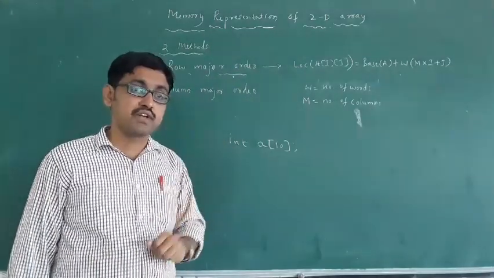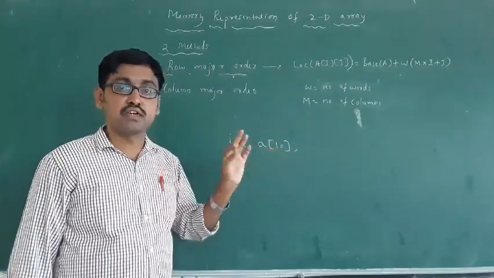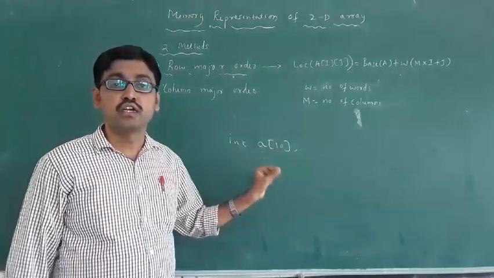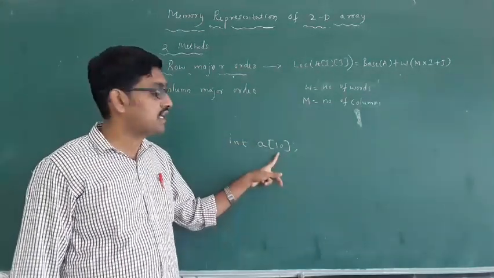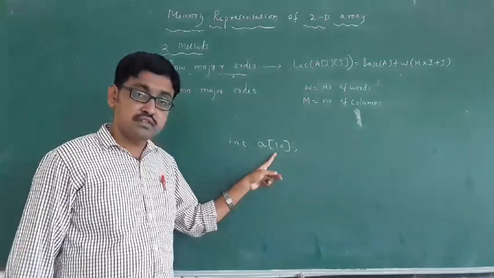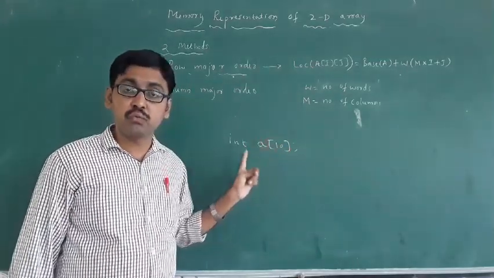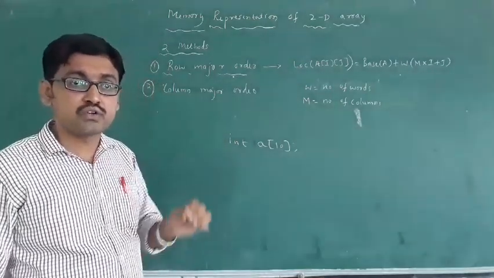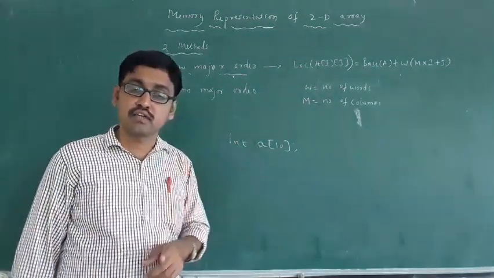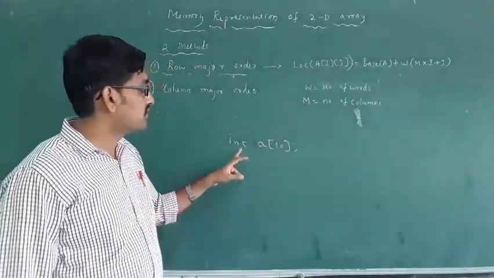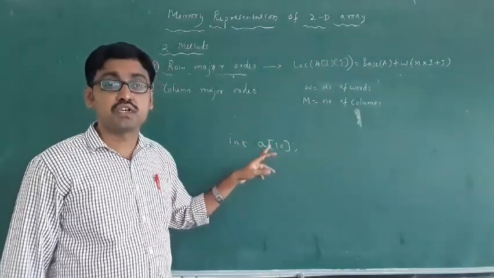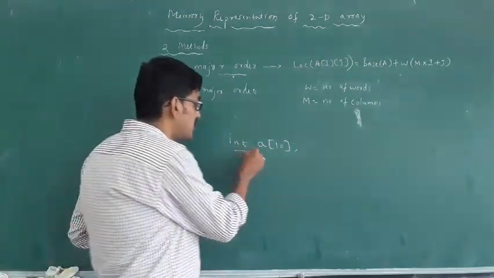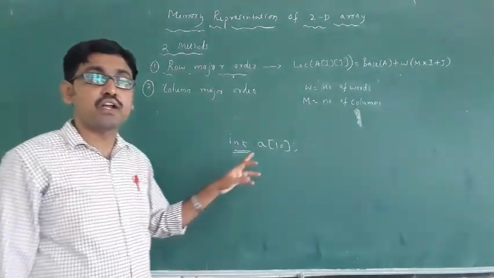How many types of array do you have? An array starts with 0, that you know. You can store 10 values in this. In this case it is a 1D array. There are three types of arrays: first is the 1D array, then 2D, then multi-dimensional array. Last year I already studied. See, first, which array is this? It is a one-dimensional array. You already studied the memory representation of a 1D array.